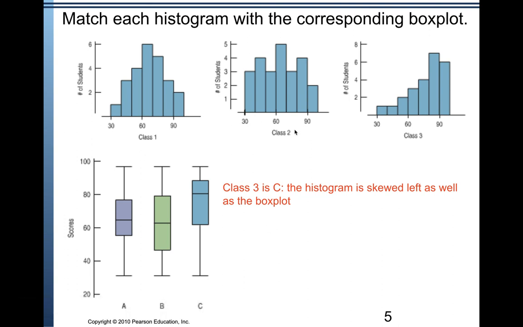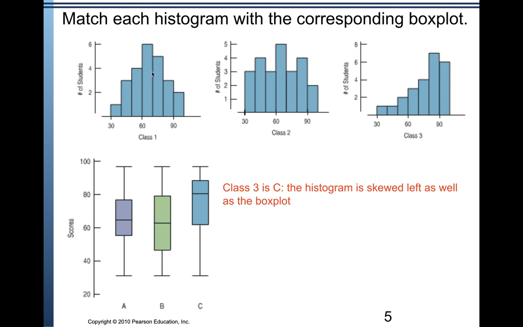Now, the other two are a little trickier. Notice this one is roughly symmetric, right? If I took this bar here and moved it up, and this bar and moved this up, it would be perfectly symmetric. Same thing here. If I took this bar and moved it up, it would be perfectly symmetric. So we're going to consider class 1 and class 2